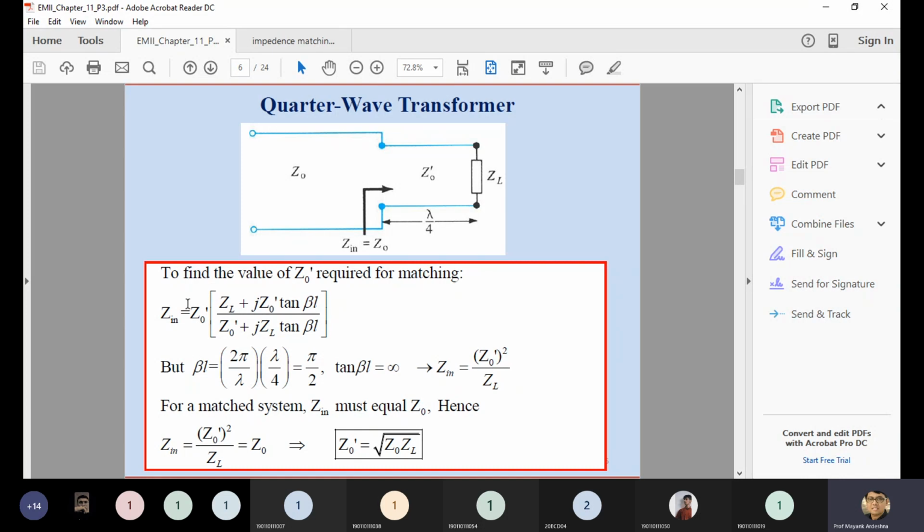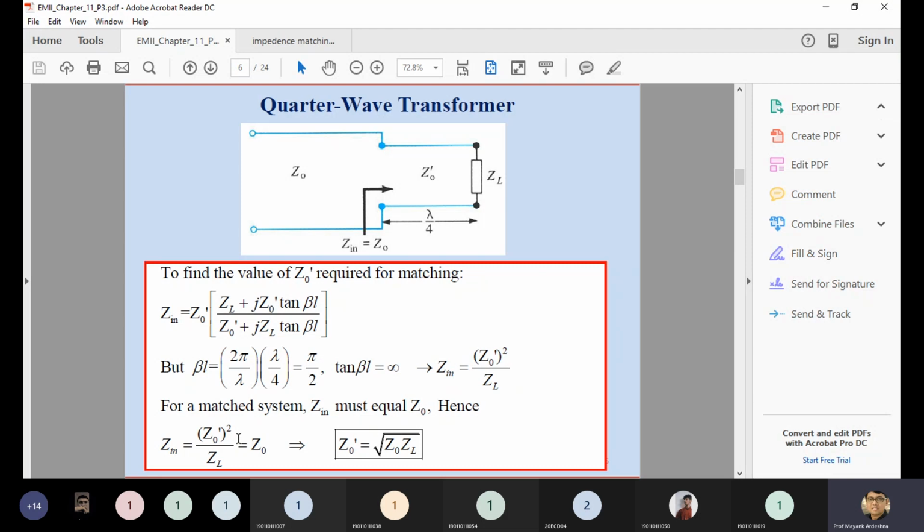Okay. So according to this particular equation, they find out what value of Z0 dash we have to select. Clear? So finally, by solving this, by just putting the length as lambda by 4, because if you see, there is a term which is beta L. Beta is the phase shift constant and L is the length of your wire. So how much wire have you taken? It's lambda by 4. So you can see lambda by 4 is inserted over here, and according to this, they find the equation of this one.